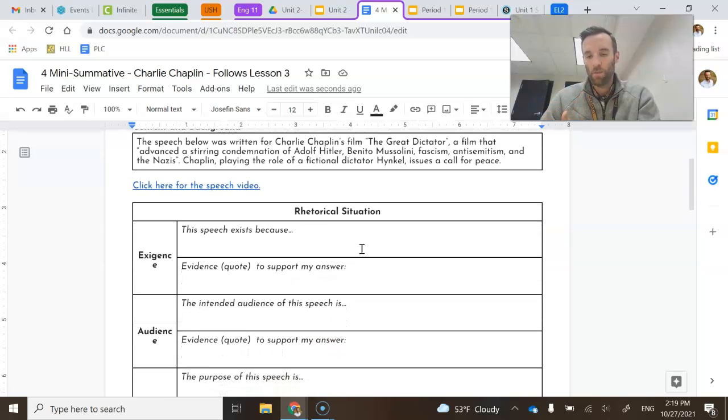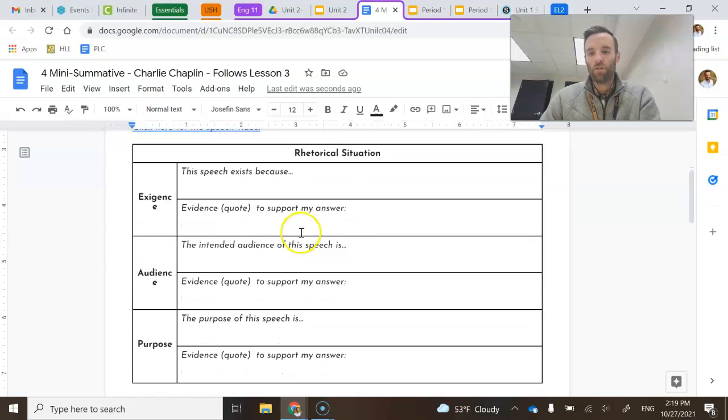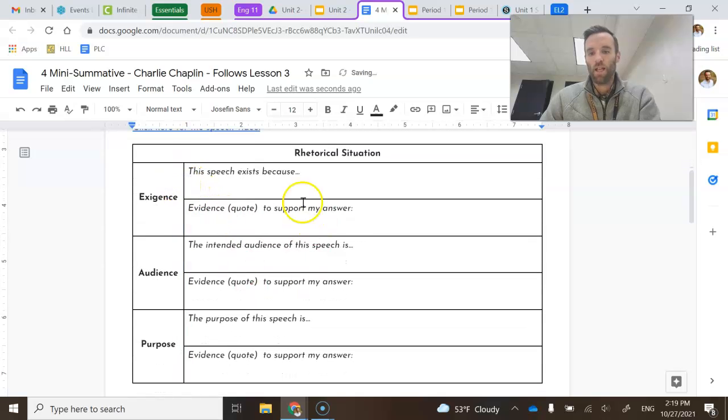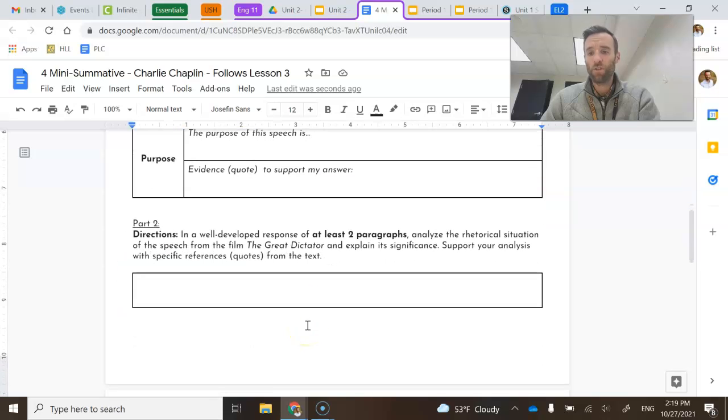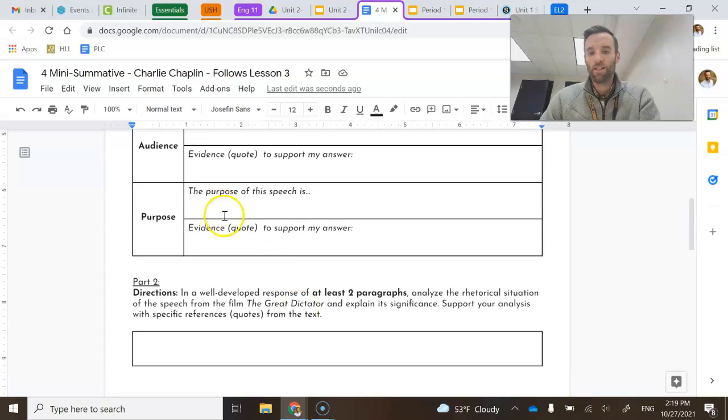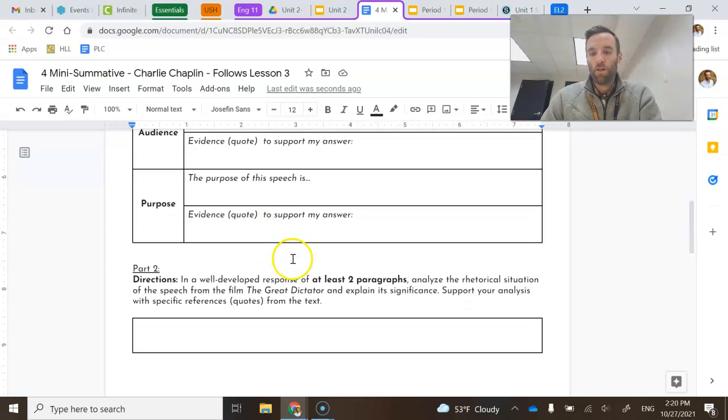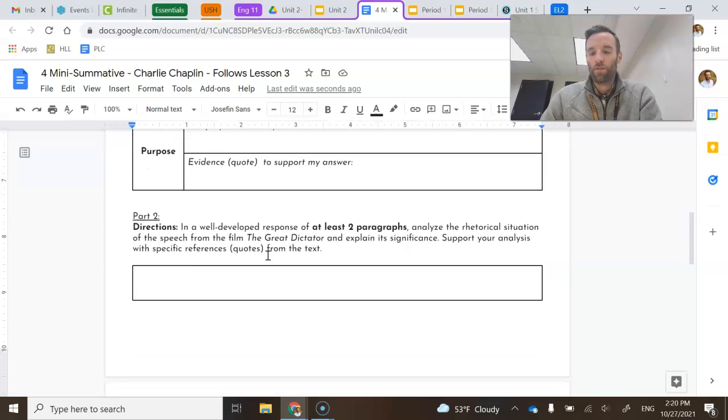So once you watch the speech, go ahead and fill out this rhetorical situation table. It just gets you started with the basic ideas that you're going to be presenting about exigence, audience, and purpose. Once you've filled that out, an evidence, yes, would be a quote. So you'll want to turn on closed captions on the video and make sure that you write down, or remember somehow, maybe write down the timestamp in the video when he says something that you want to use as evidence so that you can go back to it. That might be a good idea as you watch. You might have to watch 2 or 3 times just to make sure that you catch all the information.